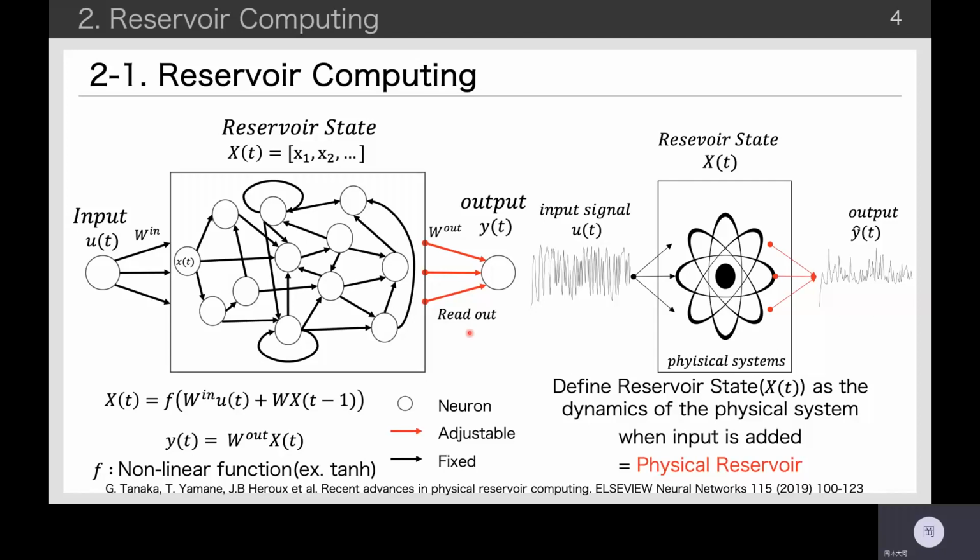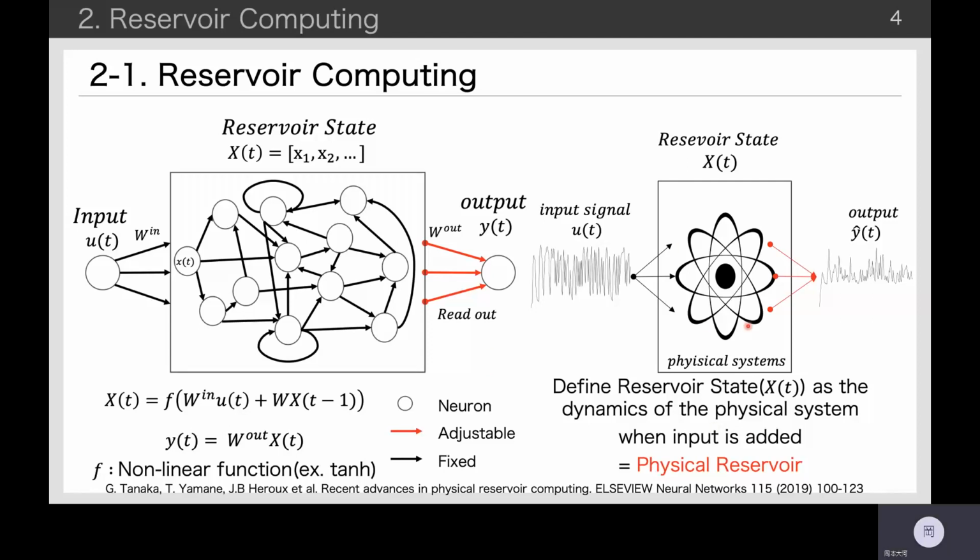Reservoir computing is shown in the figure on the left. The equation is expressed like this. Reservoir computing is an extension of neural networks developed after recurrent neural networks. The difference from recurrent neural networks is that reservoir computing trains only the readout weights, and the other weights are fixed at random. In physical reservoir computing, as shown in the right figure,